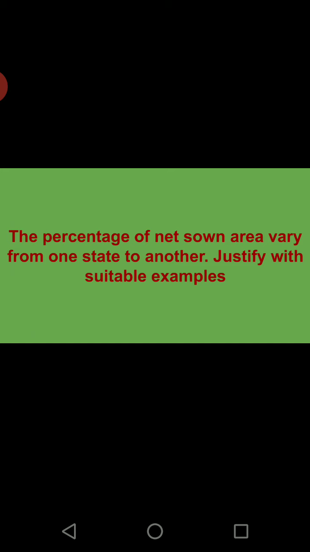Obviously the reason behind it is that they have very fertile land, they are part of the northern plain, they have good water supply, a favorable climate, and technology-wise these regions are very sound, so they can go ahead with the green revolution and all. Because of that, in Punjab and Haryana we find the NSA is highest, of course, 80% and all.